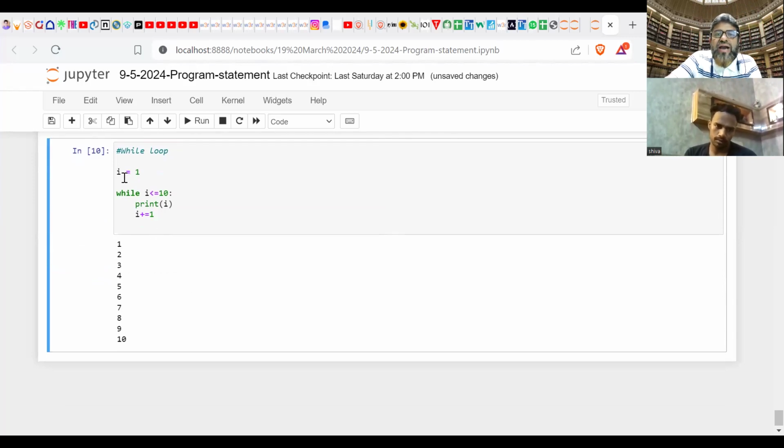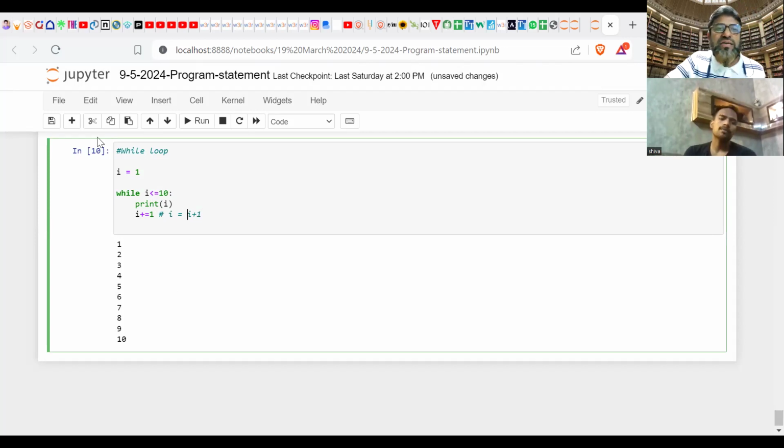Now see here, I have initialized I equal to 1, and while I is less than or equal to 10, it will check the condition. What is the value of I? The value is 1. 1 is less than 10, so the condition is true, and it prints I. Now this is called an assignment statement, I equal to I plus 1. You can also write it in this short form. After executing it, the value becomes 2. Again it checks that 2 is less than 10, the condition is true, so it prints up to n times, meaning 10 times.